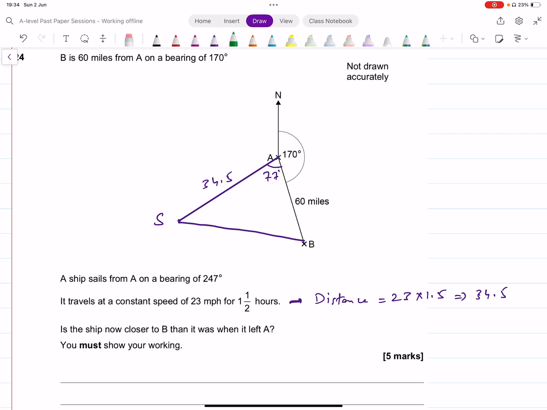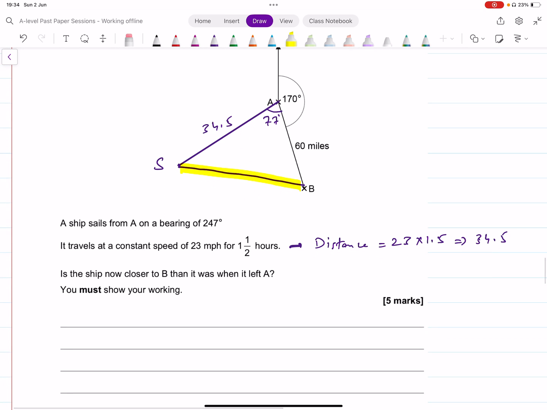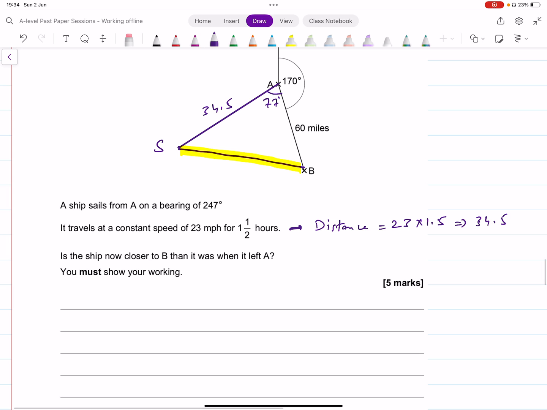How do you find this third side, this unknown side? We can use the cosine rule for this, right? We know two sides and the angle between them. Let's call this side A. We can say the cosine rule looks like this: A squared equals B squared plus C squared minus 2bc cos of A. Let's call this side A. And then the other two sides are going to be 60 and 34.5